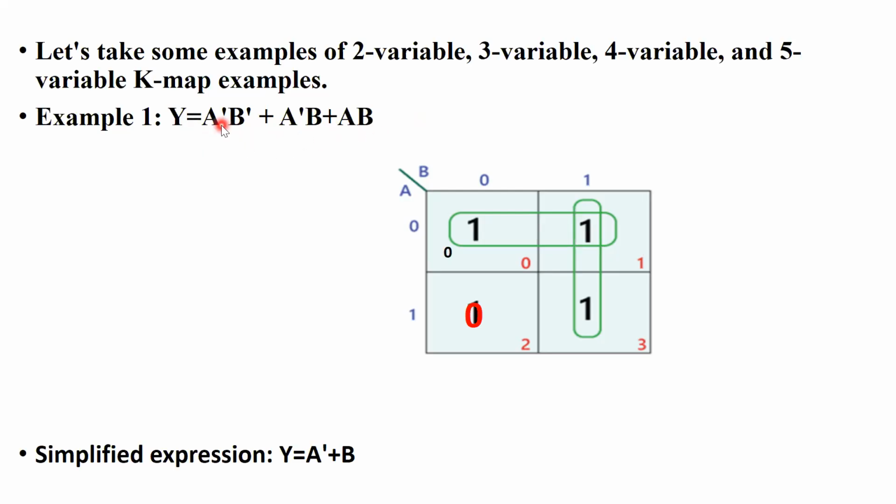Okay, so the question that is given to you is to reduce the expression using K-map. So this is the expression that is given to you. Then what you will do, though we have two variables, so it is very easy. Two variables means 2 raised to 2, that is 4. So 4 blocks should be there. So draw these 4 squares.